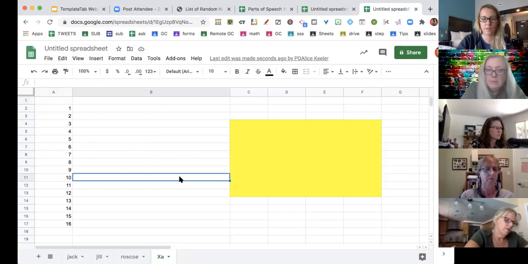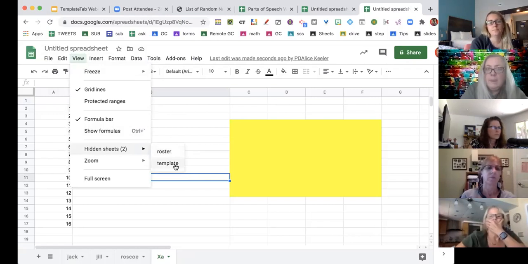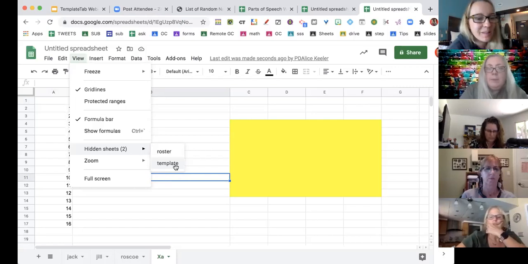View, Hidden Sheets, there, I want the template. Now, if you have your roster, you might want to copy your roster over to a new spreadsheet because you are more interested in getting the roster into the new one. So, whatever. But you're going to bring up the hidden sheet